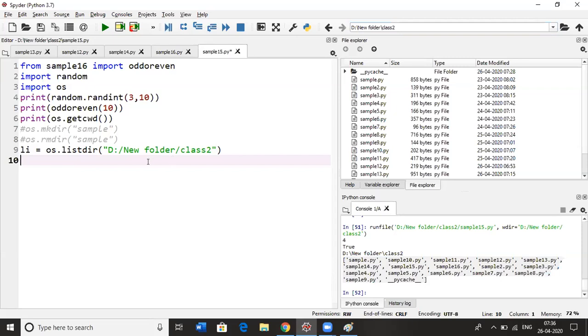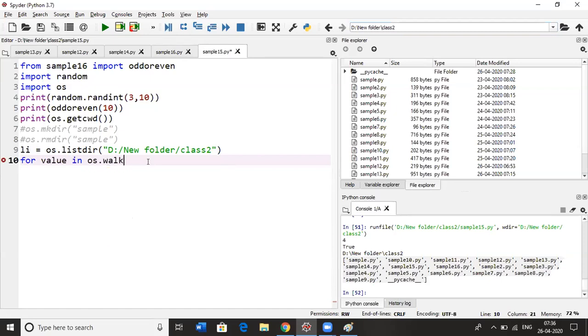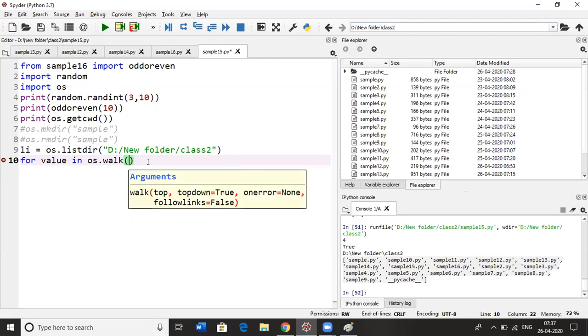You can use a for loop. Say I'm going to walk through